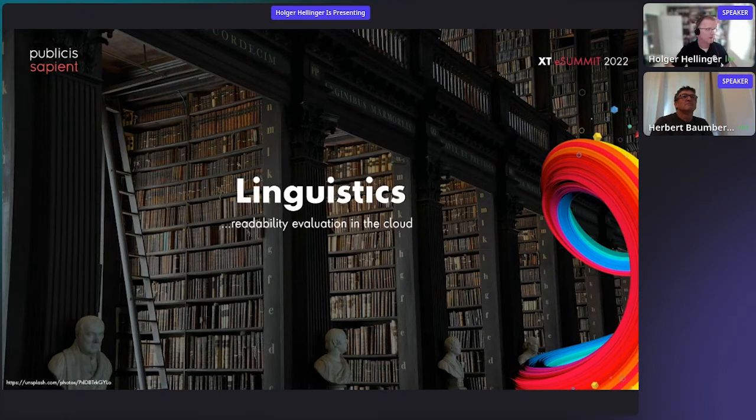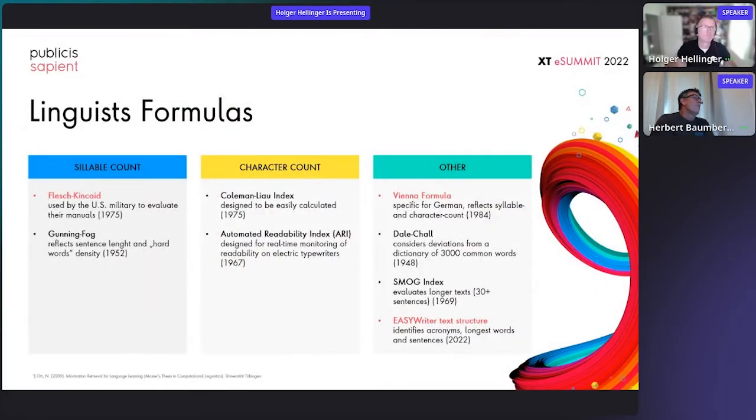And the readability evaluation in the cloud by Herb. So while tools that are commonly used, like Grammarly, enable us to write more sophisticated text, which actually often tends in the opposite direction of making the text readable and easier to understand. However, linguists have been